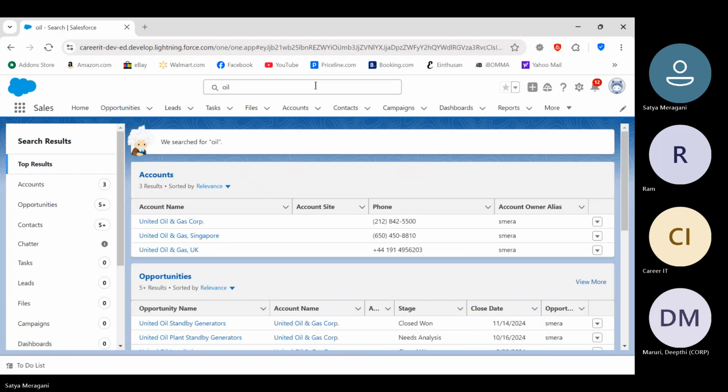Now, it is similar to your Google search. When I search for oil in Google, what will happen? The search engine will show you the entire data related to oil that you can access. It's not going to show you everything, but the data that you can access. So here also it is the same. This search bar is called global search. It will help you search the entire data based on the keyword that you have typed in, which you can access